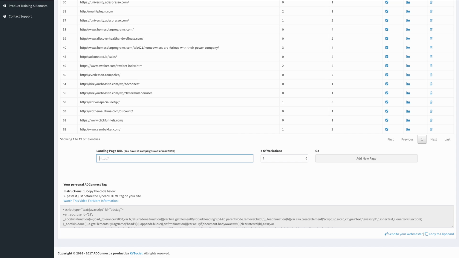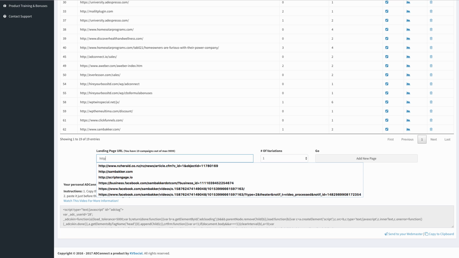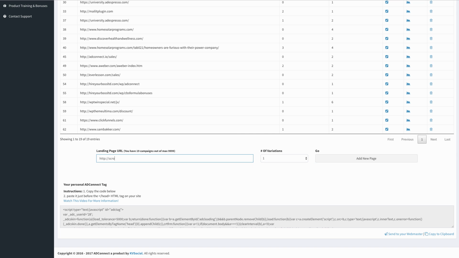Now this allows you to add any website that you want. Okay, so you could add any sales page that you've seen, a competitor's sales page if you wanted to. You could add one of your own sales pages. You can edit any page that you're building in a web builder right now, or make edits really quickly on the fly with the software. For this demonstration, let's go and pick script engage